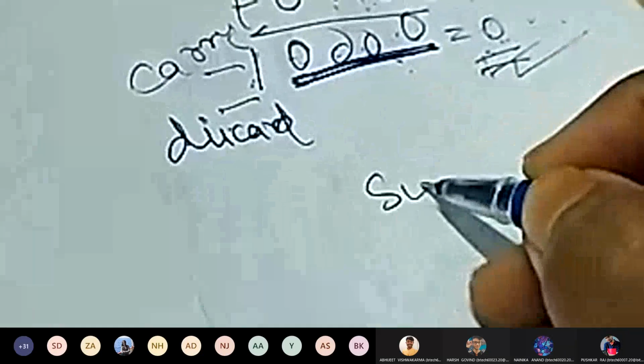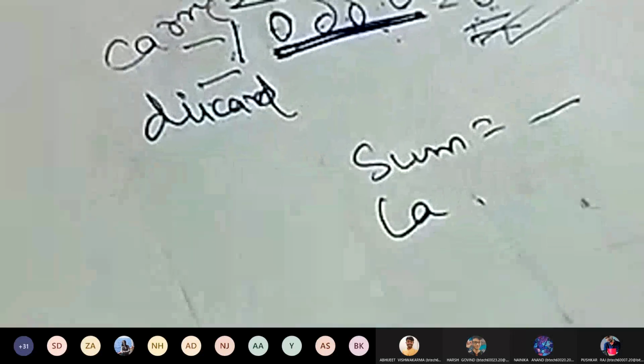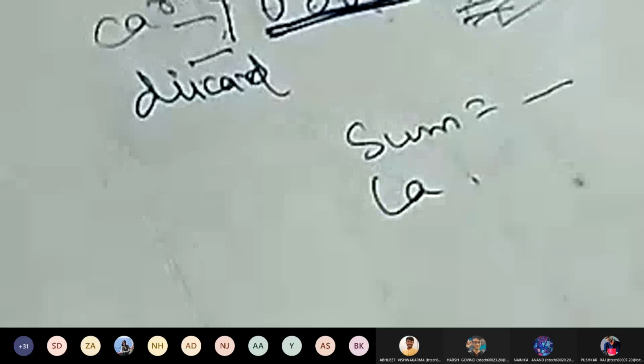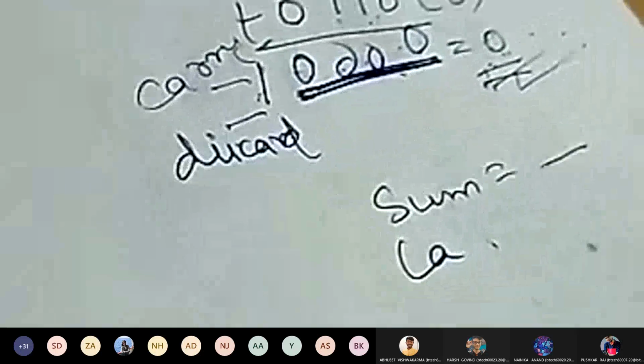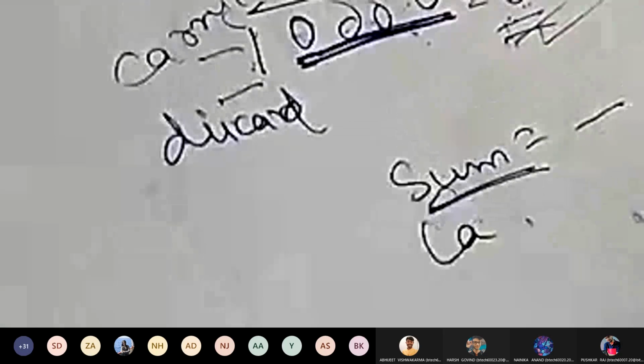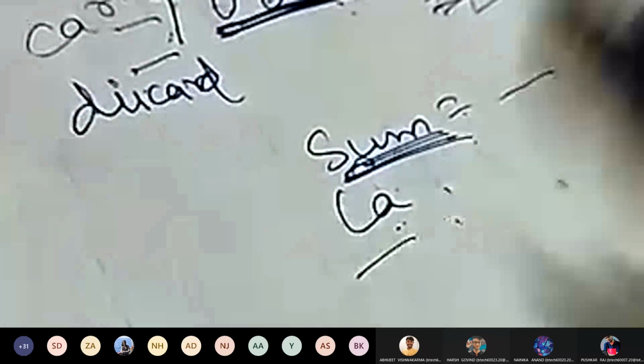In a half adder also, what did we used to do? The sum we are taking, and the carry in another part. We show the carry out as a separate output, and sum as a separate output. Why are we doing that? Because we want to show the main output of addition is what? Sum. Main output of multiplication? Product. Main output of subtraction is the difference. So this is their main output, the sum, and if a carry is generated, we treat that in another output, that is carry out.